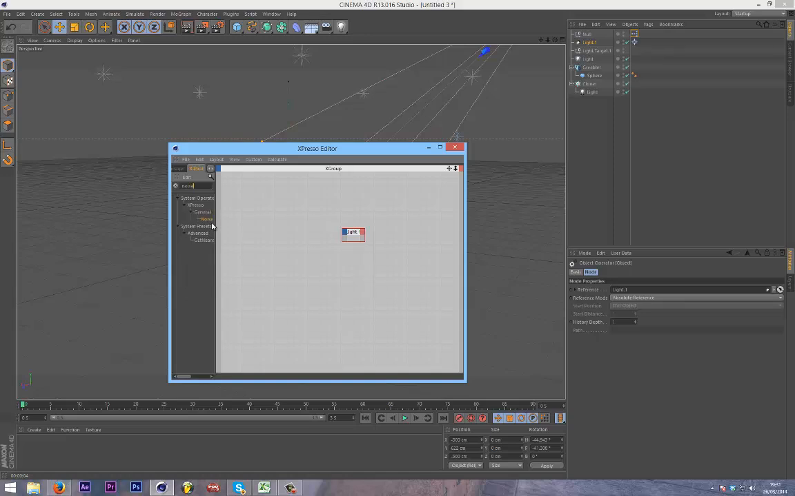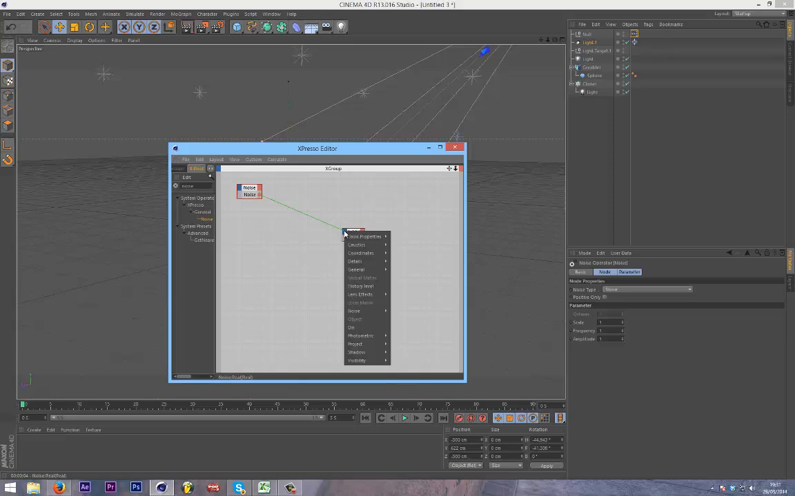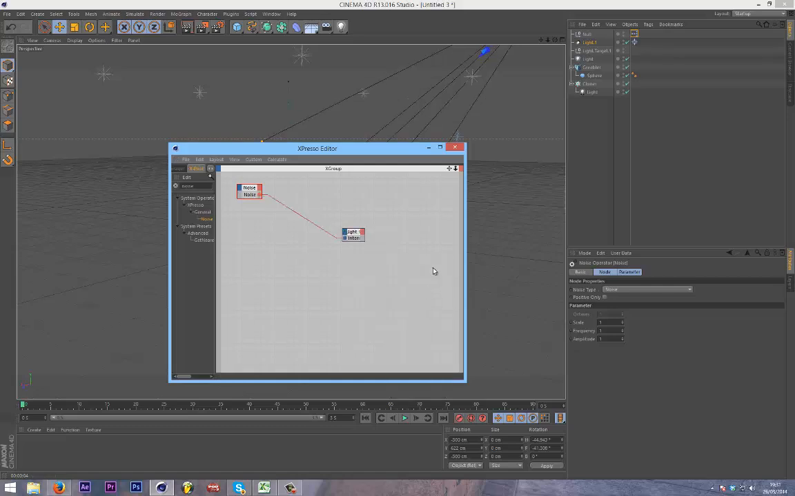Go into this second tab here called XPool and look for noise, which I've already looked for, so I'll just do it again. And then you can drag noise in, and this little pinky red circle here you can drag onto the light. Make sure you drag it onto the blue box, and then in here you can control any kind of option in the light. So I'm going to want to control the intensity,